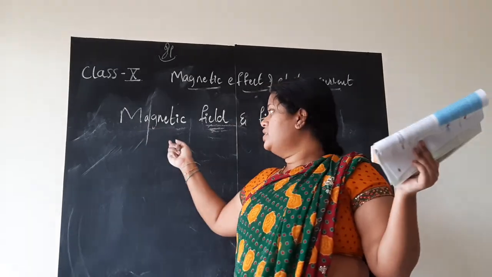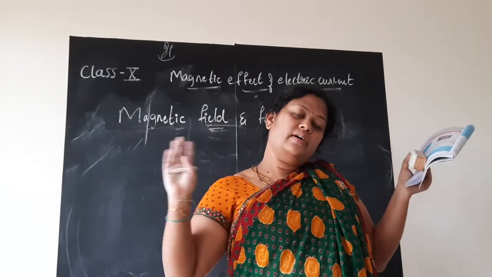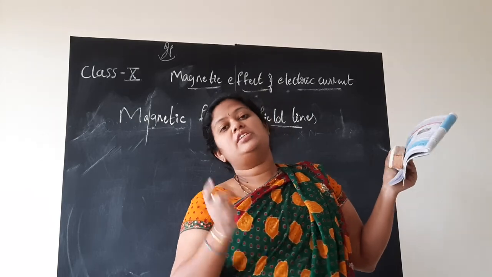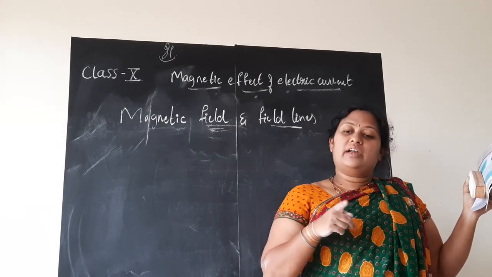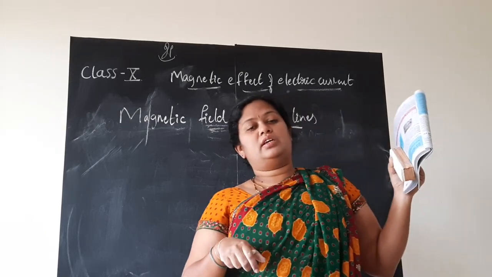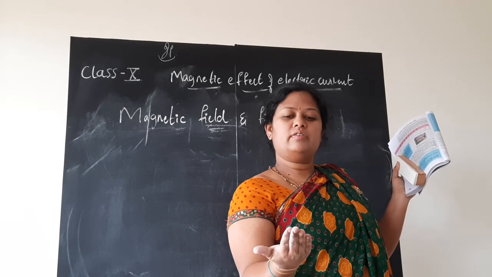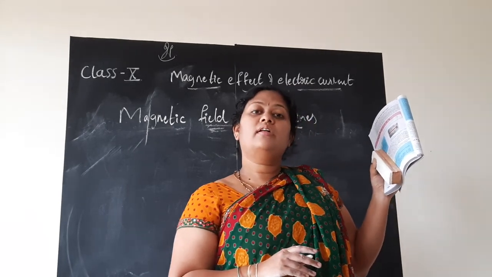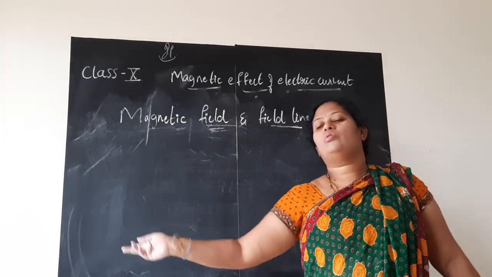In the first activity we studied, when current was passed through the wire near which the magnetic compass was placed, we saw the deflection in the compass. So only if current is passed through it, then deflection is seen. But if I now bring the magnetic compass here and keep it on my hand, it will show me which is north and which is south. How is it possible? Have you ever thought? I will stand here and throw the magnetic compass.